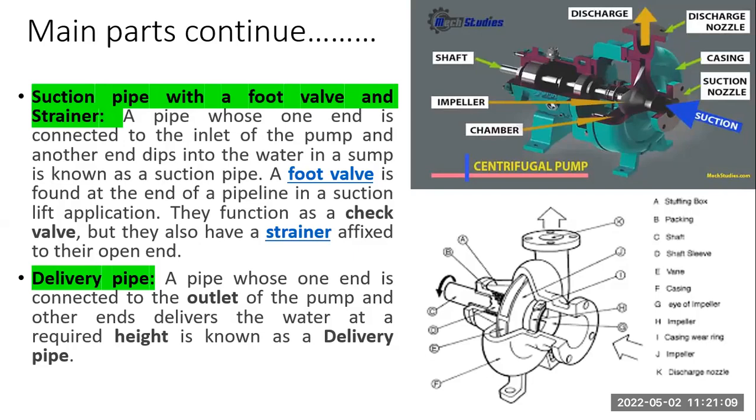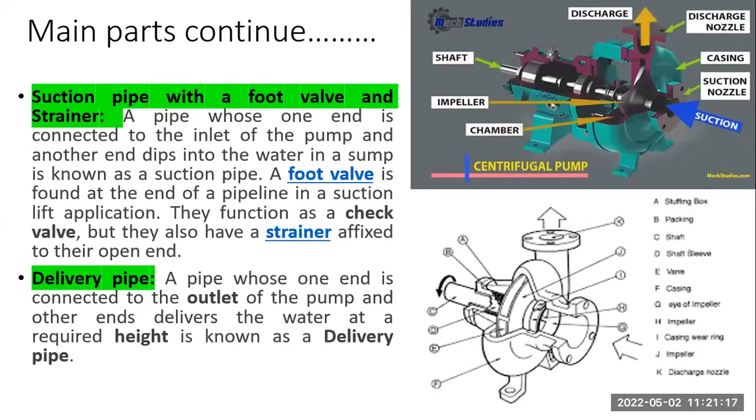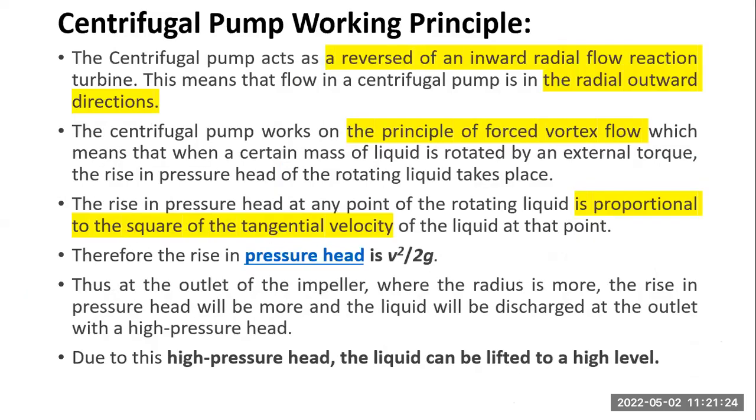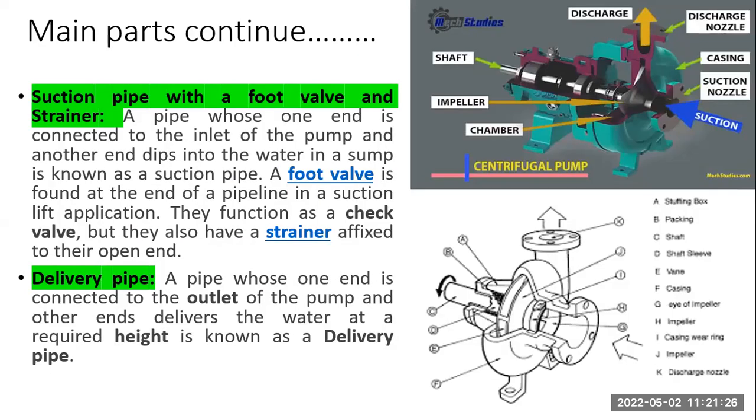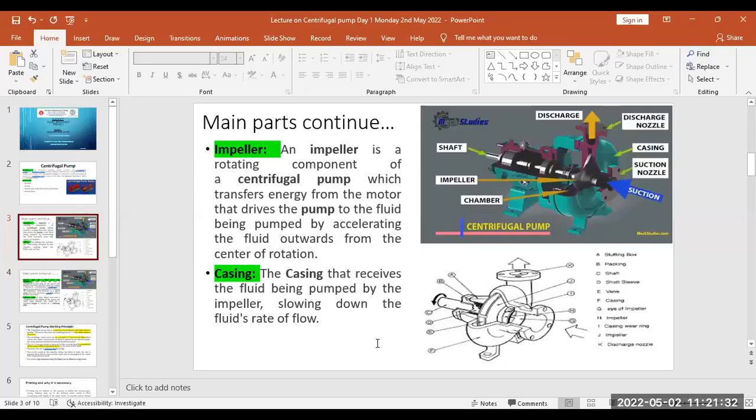तो these are the main parts. First one is impeller, second one is casing, third one is suction pipe with the foot valve and strainer, and the fourth one is delivery pipe. ओके, आप इसको याद रखना। ठीक है, यहाँ पे जाने के पहले मैं एक वीडियो दिखाता हूँ आपको, ठीक है, प्लीज होल्ड।